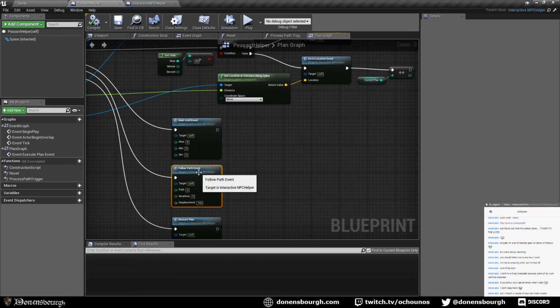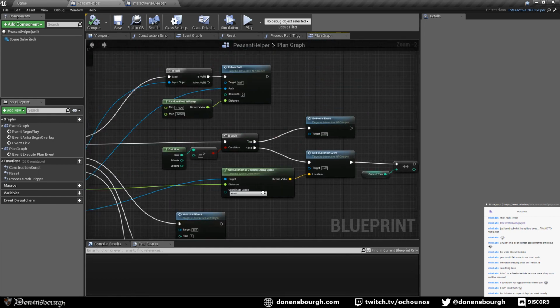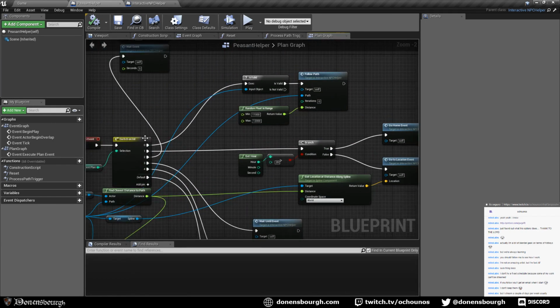So after just jumping here, this is jumping here, following the path. When just is something happening, it's just jumping to this one,